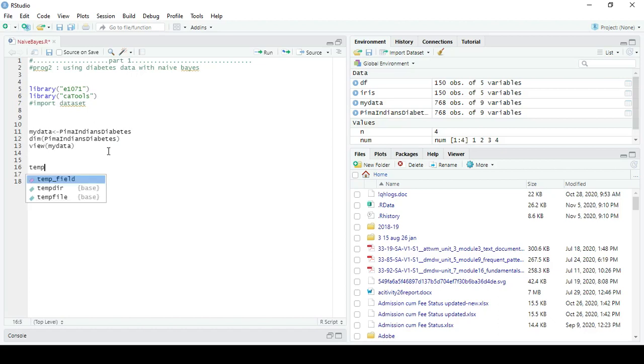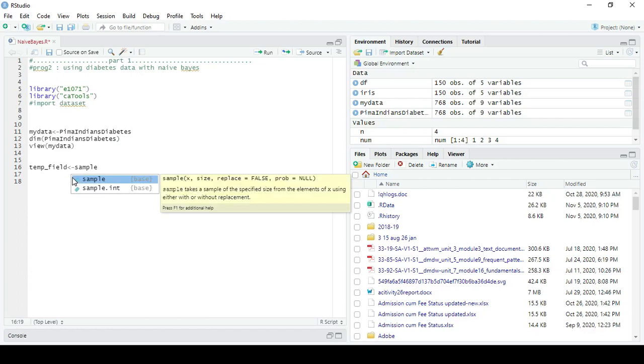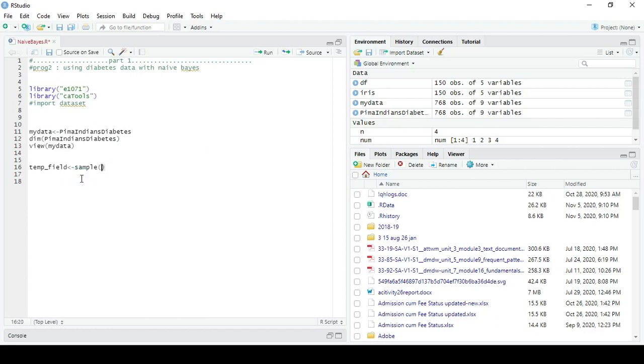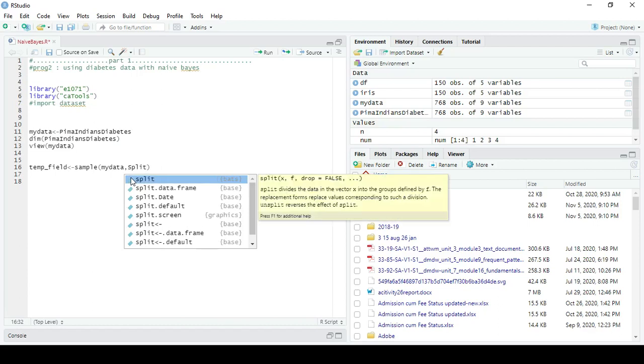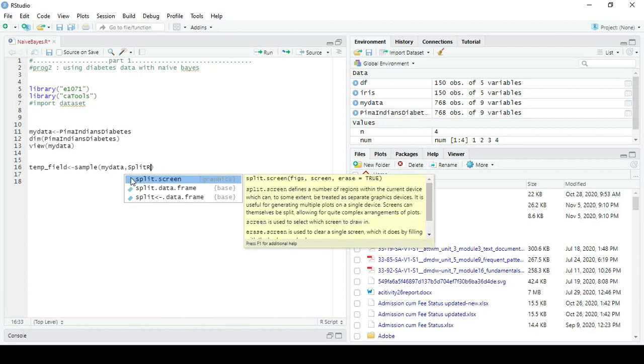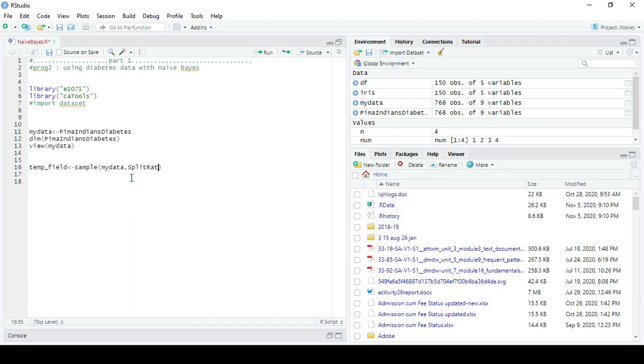Temp field, sample, my data, split ratio is equal to 0.7.